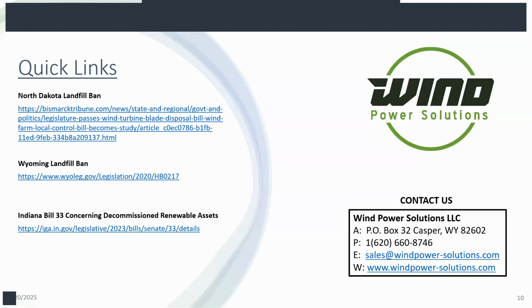So we work with most clients in the wind industry. We've noticed that a lot of clients are switching to where they want to recycle the blades. It's usually adopted pretty quick. I mean, most OEMs will not landfill a blade. Most asset owners are the same way. I think with some of the utilities, they're still on the fence about it. The private utilities, and then